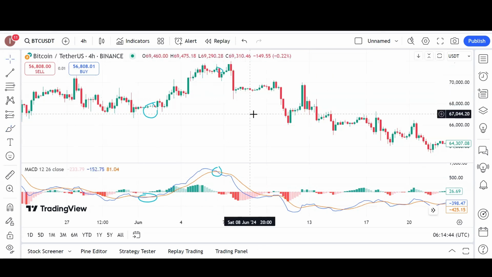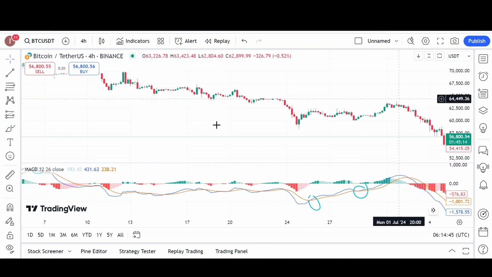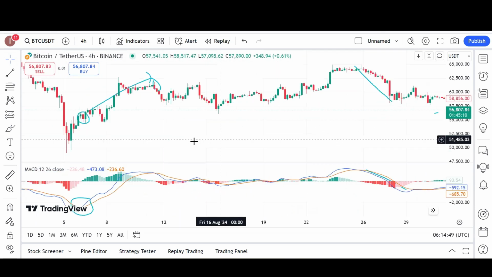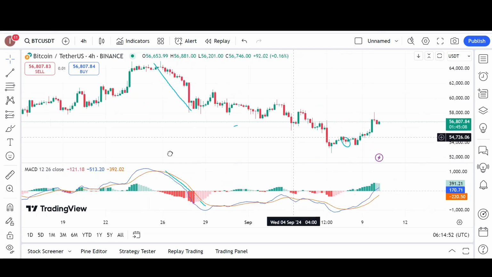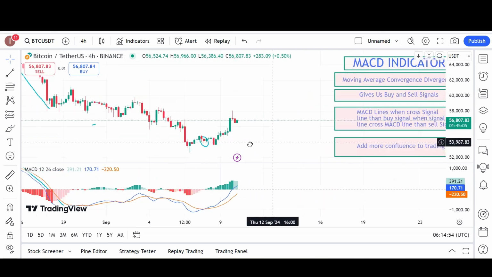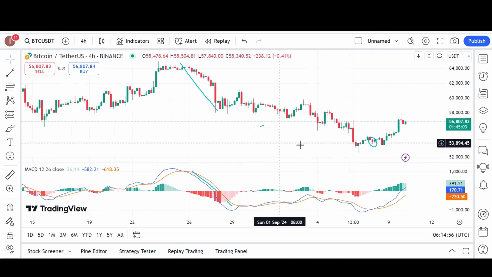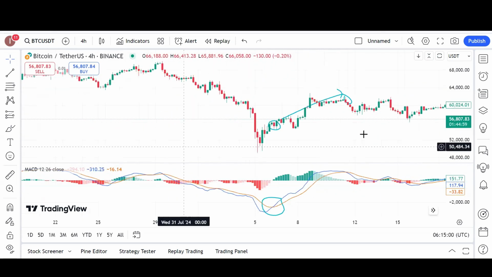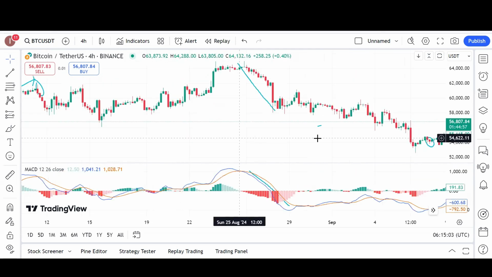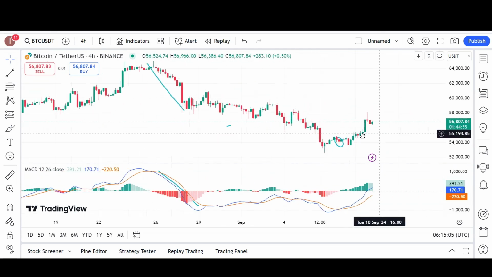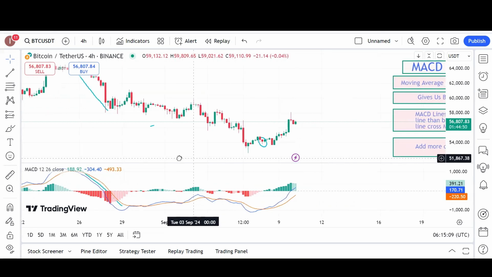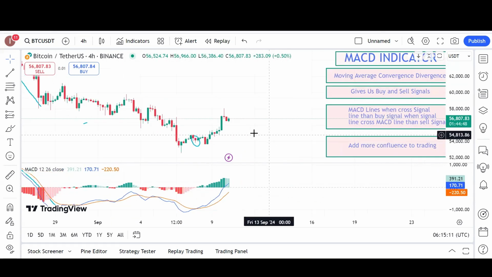Okay, this is the easiest strategy for trading, and keep practicing all these indicators as much as you can for your strong improvement. This adds more confidence on your trading journey. Okay, I hope you understand the MACD indicator. If you have any question regarding the MACD indicator and RSI indicator, you can let me know in the question answer portal. I will try to give you an answer as soon as possible.